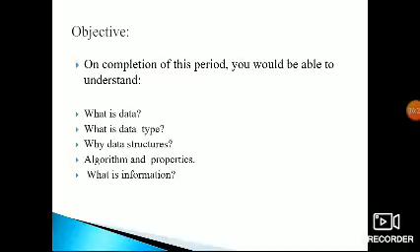And what are the properties we will be using? We are using the properties input, output, definiteness, finiteness, and completeness. These are all the 5 properties we have to follow. And next, what is information?